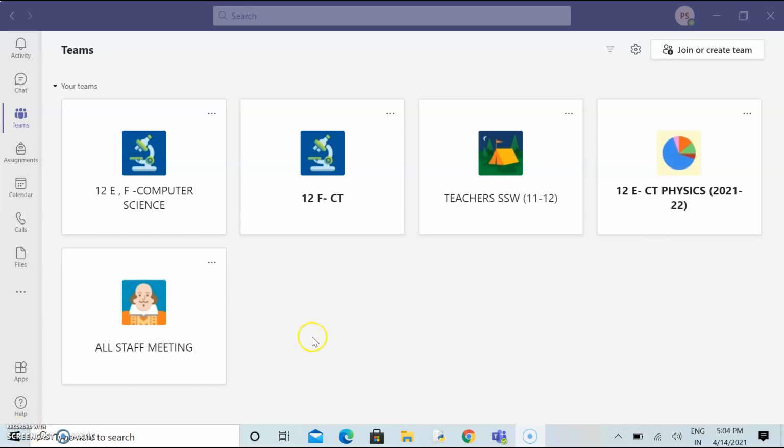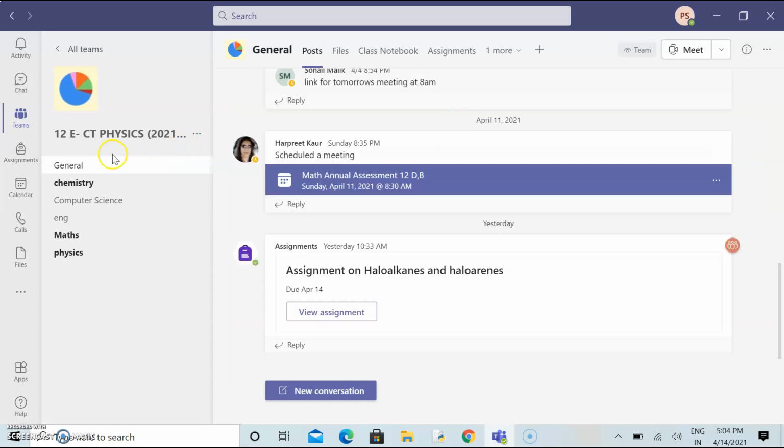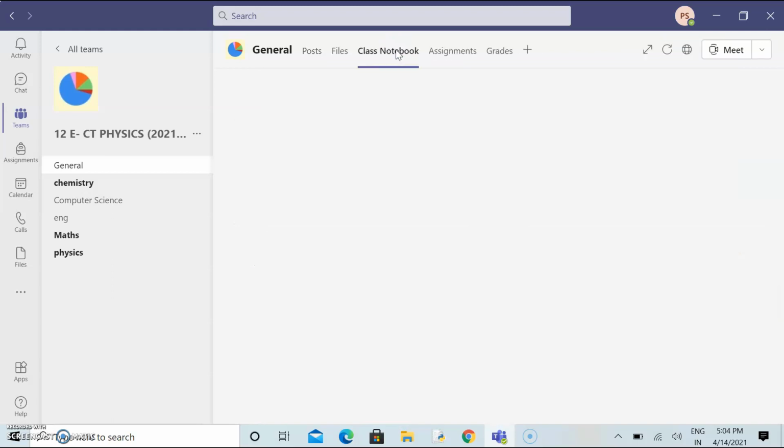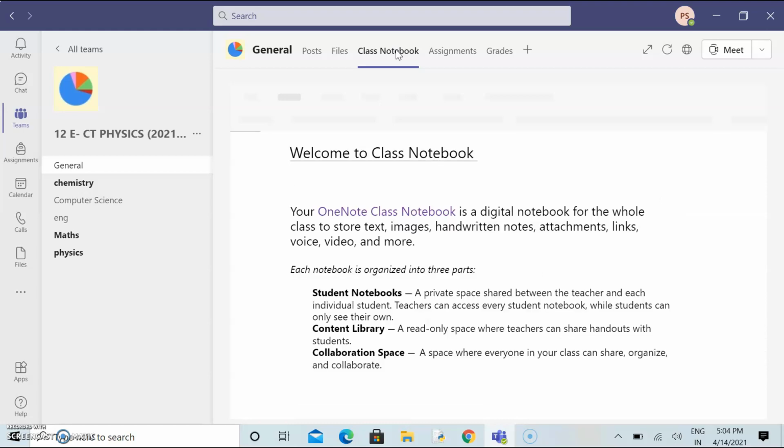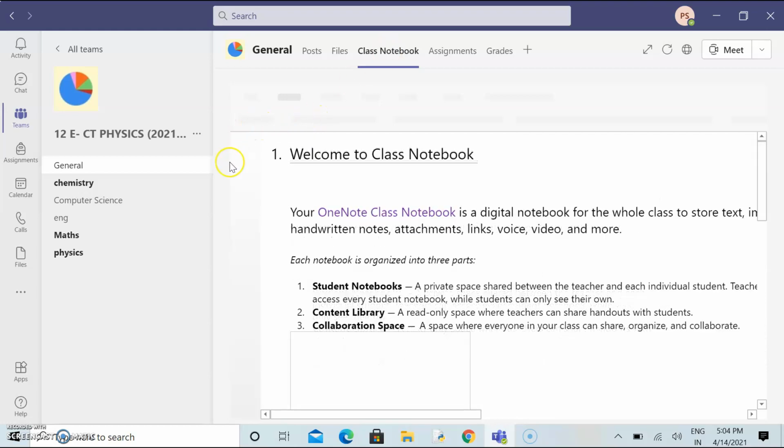In this video, we will see how we can use the collaboration space option, which is in the class notebook. For that, you can open the team and then go to the general channel of that particular team and then click on the class notebook option link. It will take a few seconds